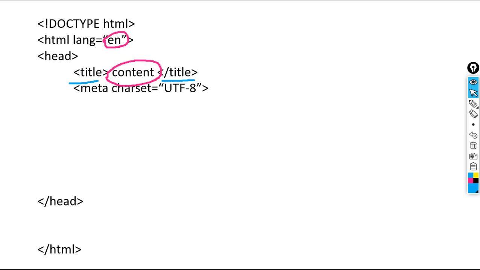What is the use of the meta tag? It provides technical information to the browser. What is UTF-8? That I will explain later. Now there is no closing for the meta tag. Meta is a void element, meaning a self closing tag.